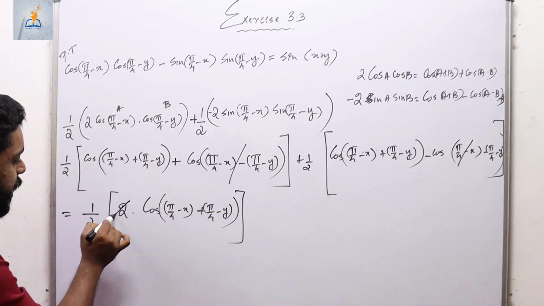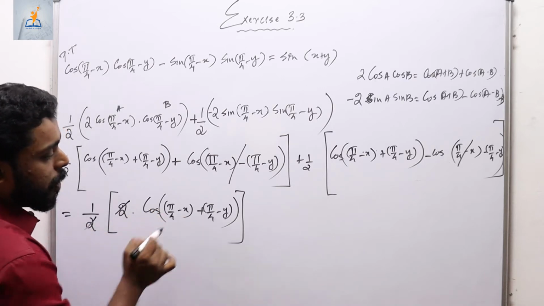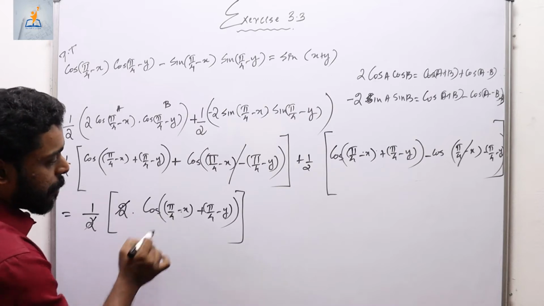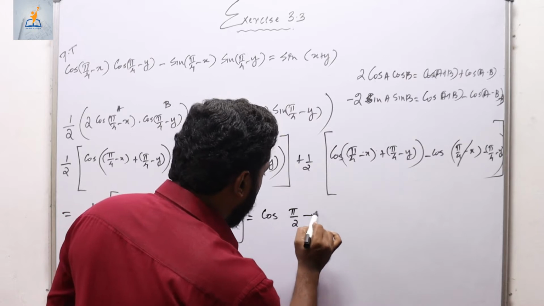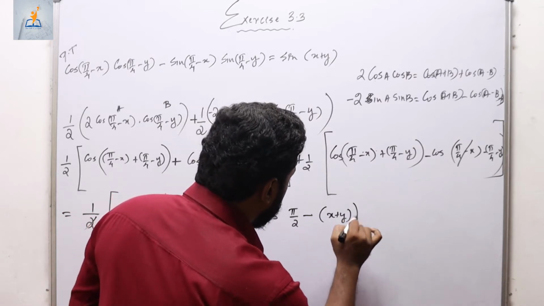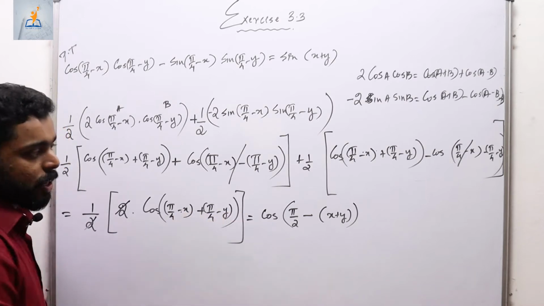Now I can cancel 2 over here, and also note that pi by 4 plus pi by 4 is equal to pi by 2, and I can take minus common, so it will become cos of pi by 2 minus (x plus y). What I have done is I just took minus common from x and y. Okay,